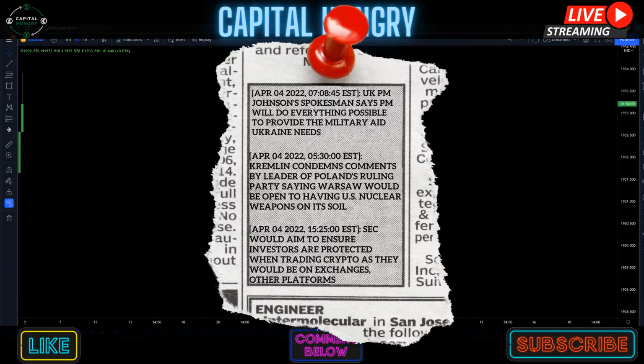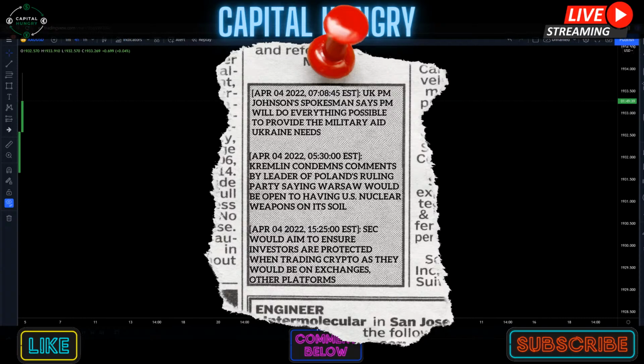But some of the headlines since the morning was UK Prime Minister Johnson, Bojo, says his spokesman says the PM will do everything possible to provide the military aid Ukraine needs. Kremlin condemns comments by leader of Poland's ruling party, saying Warsaw wouldn't be open to having US nuclear weapons on its soil. So that's obviously Russia showing some disdain towards Poland, as Poland is showing potential help towards NATO and